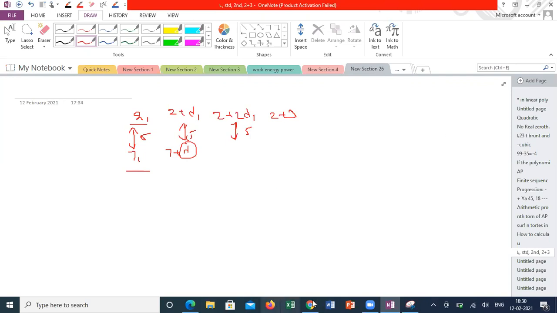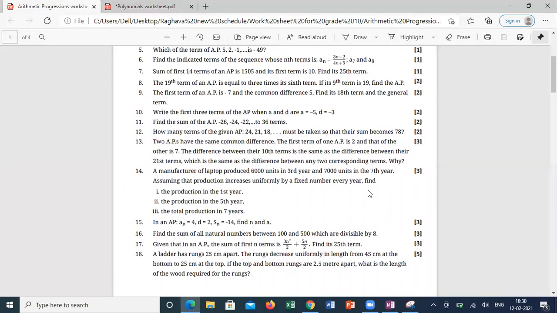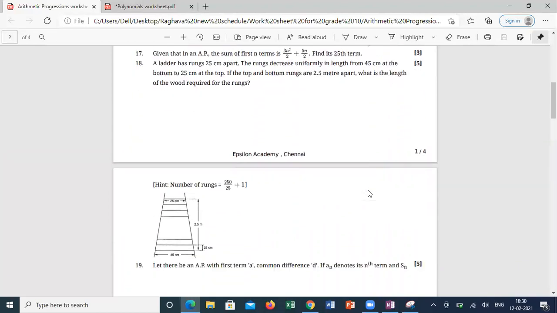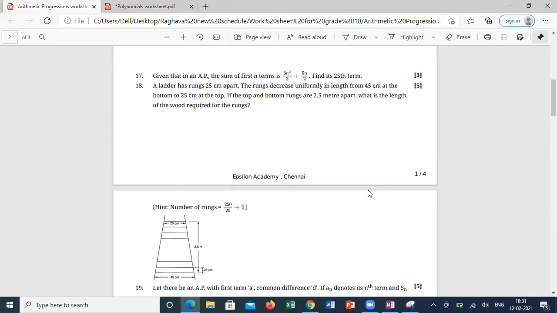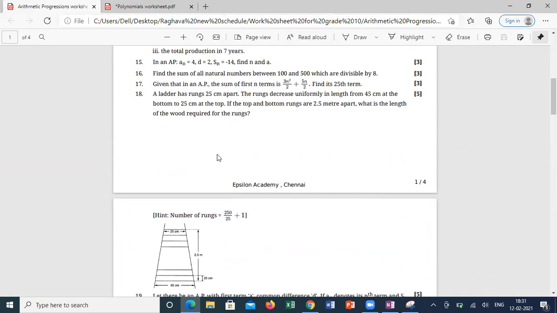Yes, sir. Any other questions, madam? Anyone? Any other question? Yes. Sir, I have a doubt in the quadratic equations worksheet, sir. Yes, sir. One second. Which question? Meanwhile, you can tell me, I will search for the question. Just a minute, I will open the quadratic equations. Just let me know the number of the question. Sir, the 16th question, sir. Just one minute, I'm trying to open the question.